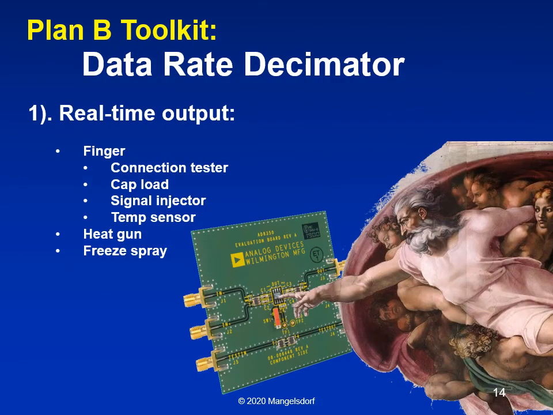For me, the biggest benefit of the decimator is the fact that you can get kind of real-time output from the thing. Modern evaluation systems where you have to go through a serializer and then the high-speed interface have a lot of latency. It goes off the chip and often off the board, then to some sort of PC, and you look at the data in the PC and calculate a spectrum for it. So there's a big delay between taking a measurement, capturing some data, and actually looking at it,